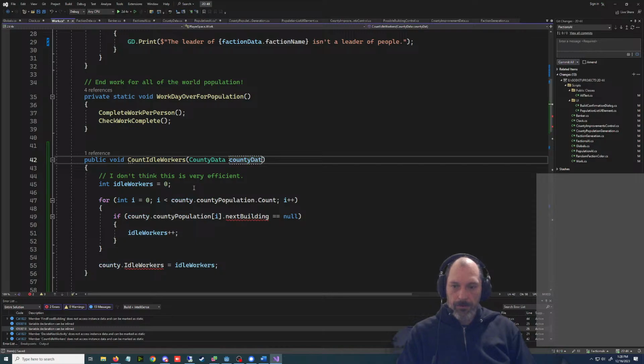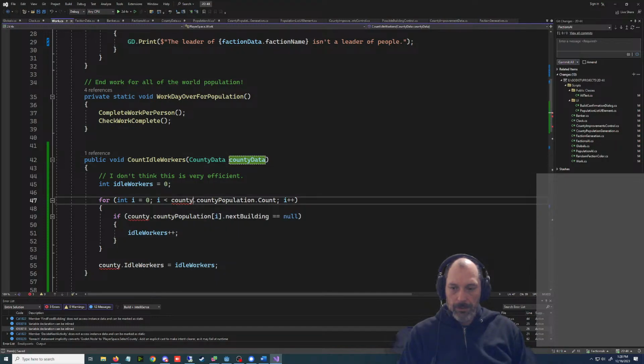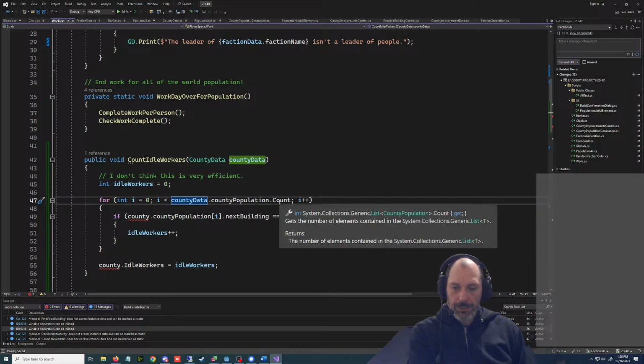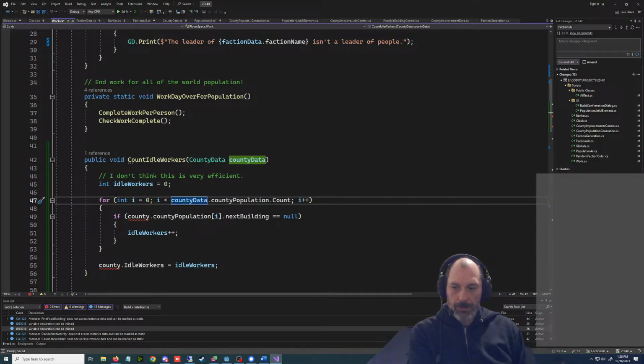All right, so idle workers will be 0. And then county data, county population. Oh, we can just do it for each here. I don't think this is very efficient.